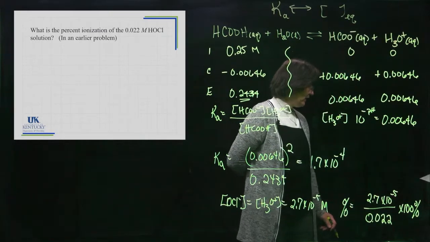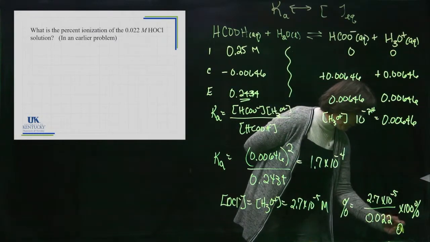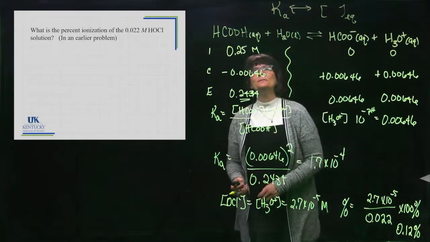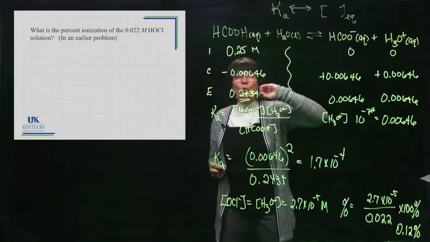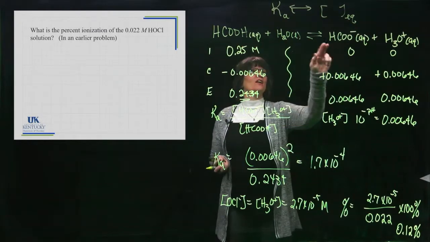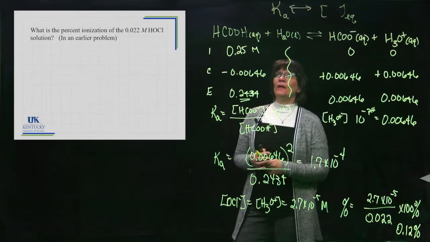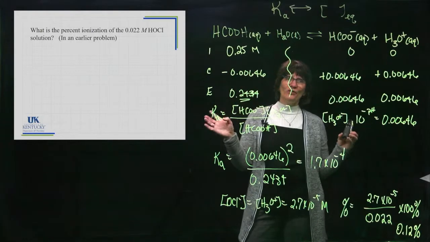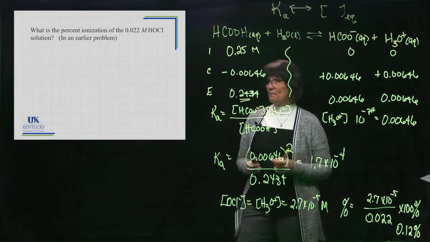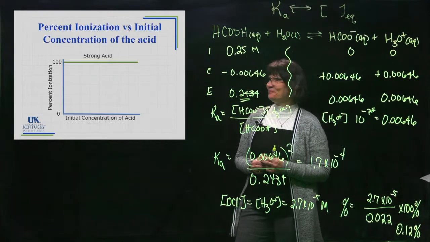And so that will give us the percent ionization, and it is a really measly 0.12%. So this acid is less than 1% ionized, only 0.1% turns into this. The rest of it stays there. So when I say a weak acid, we're talking it's either 100% or it's much, much less than 100% for most of them. All right, that's my check, and yep, got that answer.